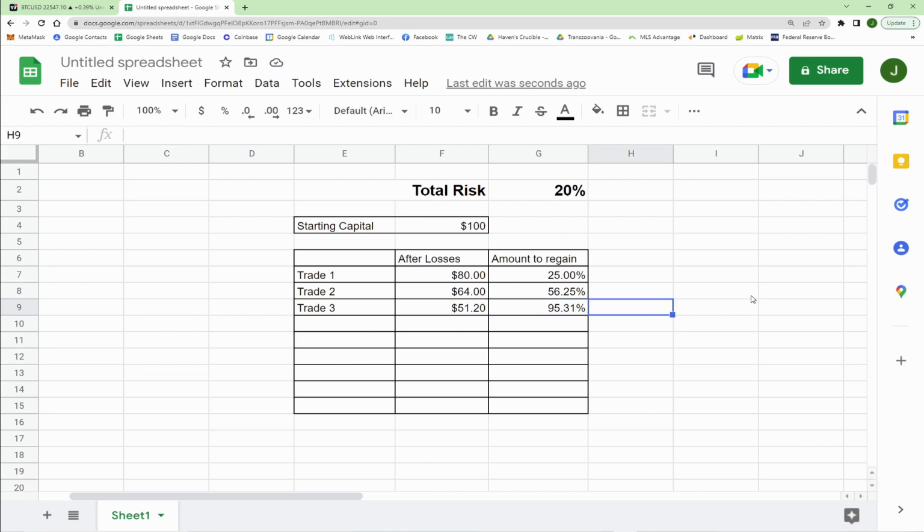So the trap that traders fall in is they do risk 20%. They do have 3 losses in a row because they don't know what they're doing. And then what ends up happening is on that last trade, they don't risk 20%. They risk 100%. And they end up with an account balance of 0. And oftentimes a trap that people will fall in, oh my God, I'm so far behind. What I need to do is risk it all at 100x leverage and go for broke. And that's what happens. They go broke.